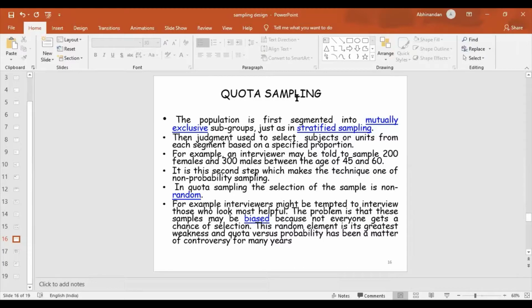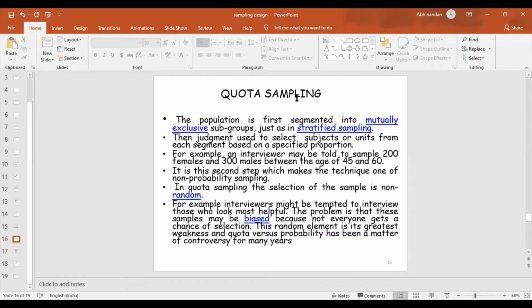Likewise, that is called quota sampling. Here, in quota sampling, out of the whole population you are fixing some percentage, like 50% should be male and 50% should be female. You are keeping some percentage, or 10% from the below income level, 30% middle income, and the remaining above income level. So if you are fixing some percentage for selection of the samples, or keeping some reservation, then it is called quota sampling.